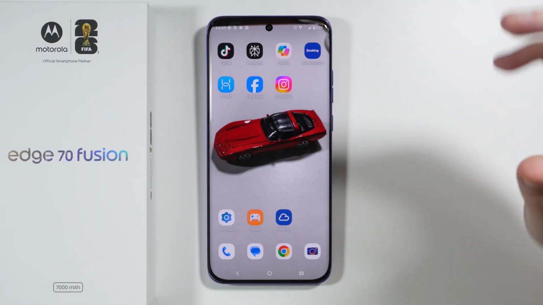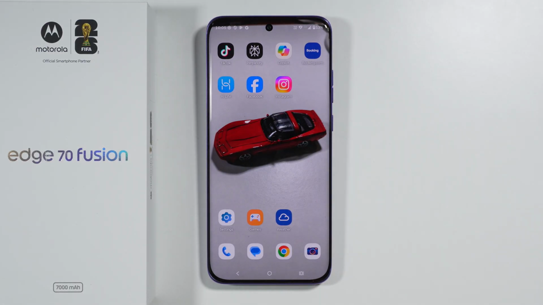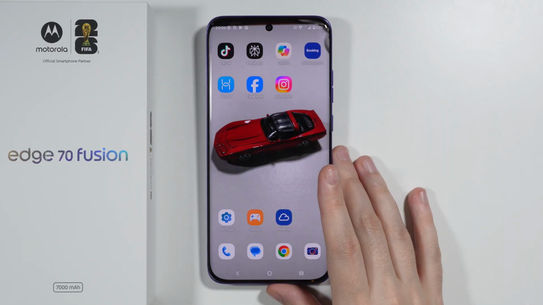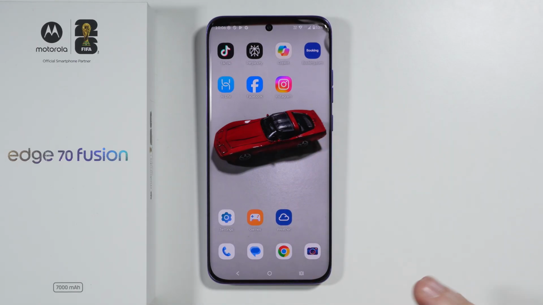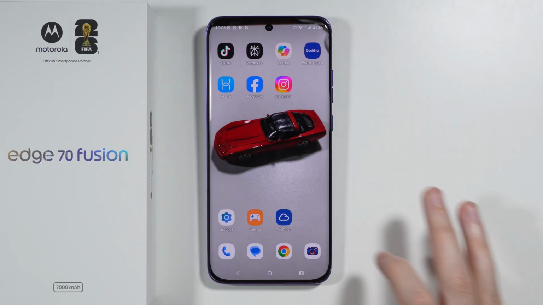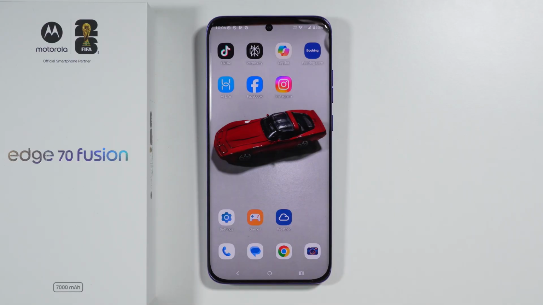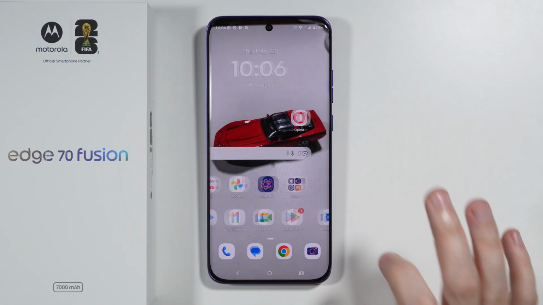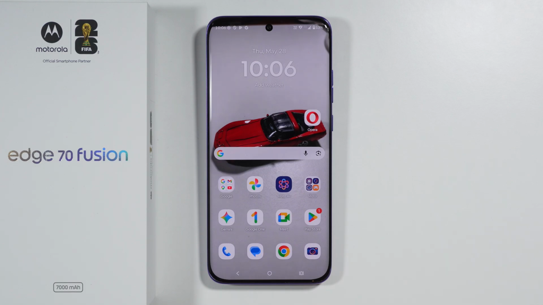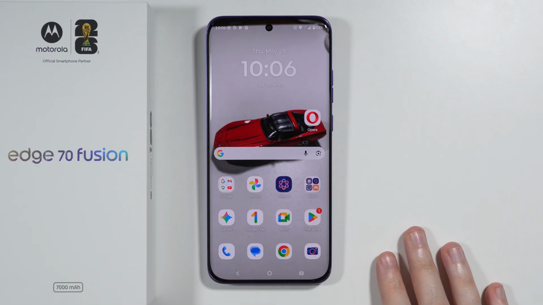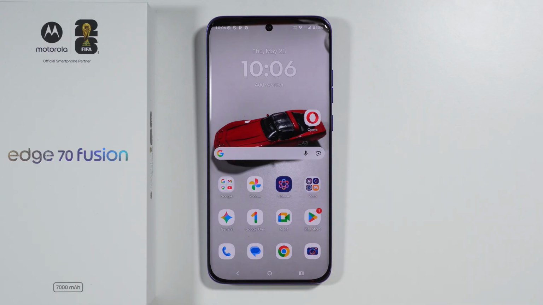So essentially we need to have a wallpaper that's exactly as big as our display. If the wallpaper is wider than that, then the scrolling effect is going to be applied automatically and we cannot turn it off. And we have to either find a wallpaper whose resolution is exactly the same as the resolution of our display, or we can just simply use this screenshot